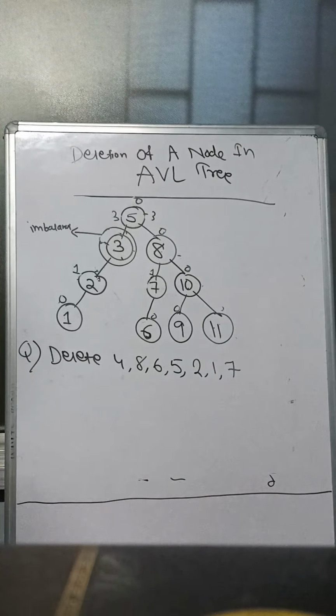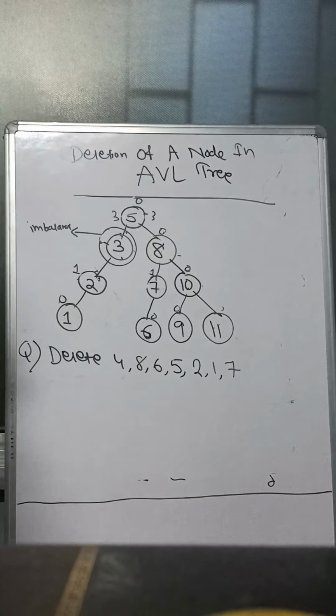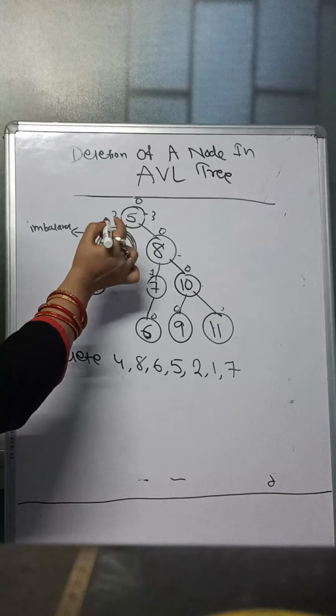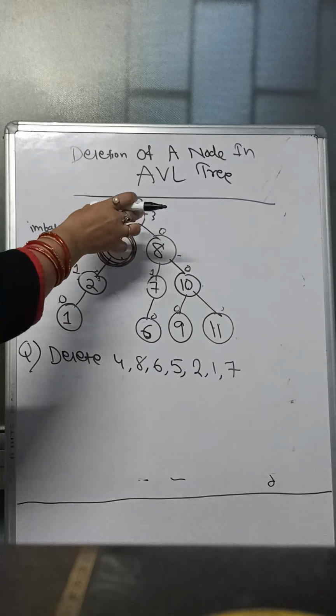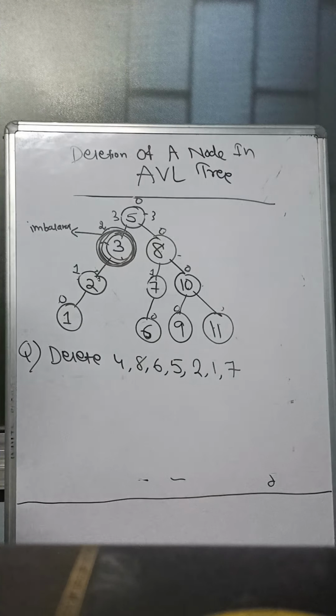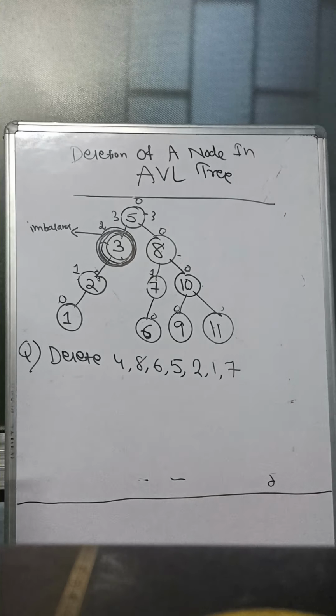Okay, so which rotation do I have to take to make the tree balanced? Which rotation? Okay, now see which part makes imbalance. So here your imbalance occurs, that is your 2. So this is the left part. In the previous class I have just discussed how I have to decide whether to take the LL rotation or RR rotation. So here the imbalance is at the left part of the tree, so I have to do the LL rotation.